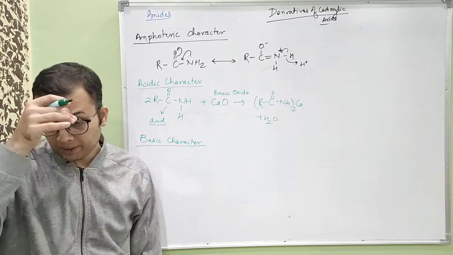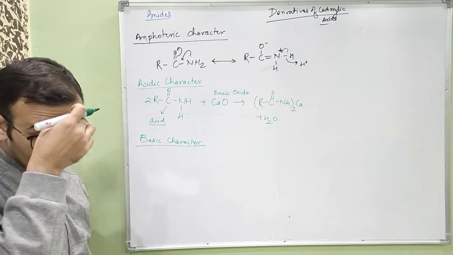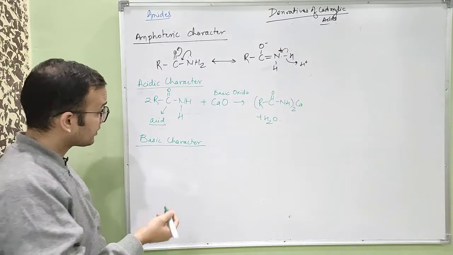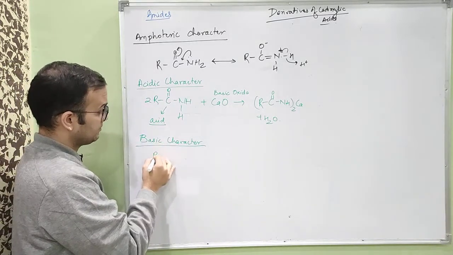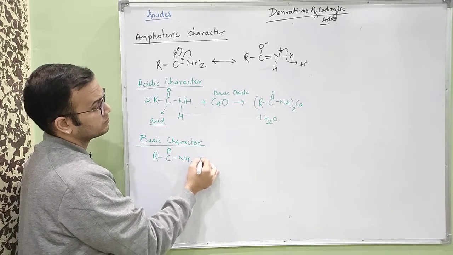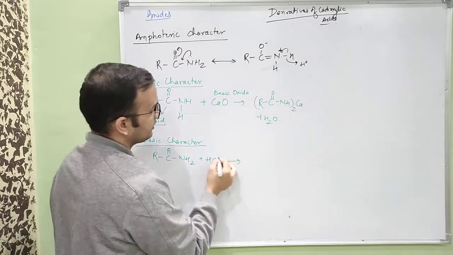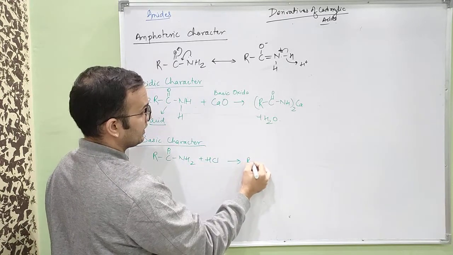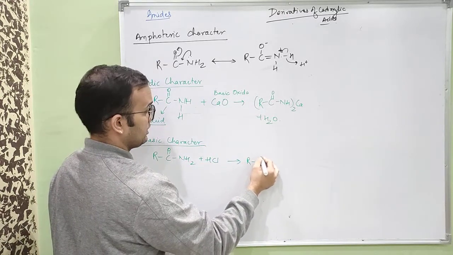Okay, this is called basic character. Basic character, if you react it with HCl, what do you get? Let's say you're reacting it with HCl. So what will you get? RC double bond O